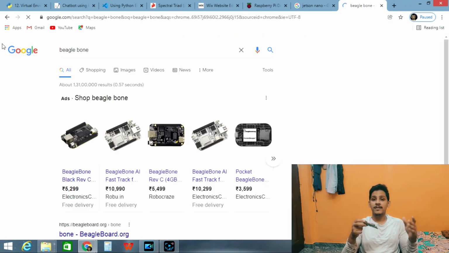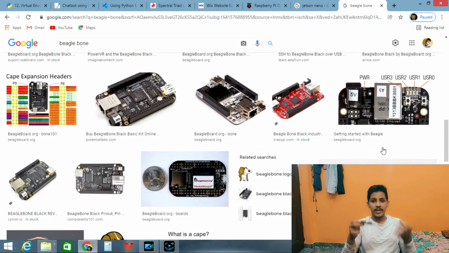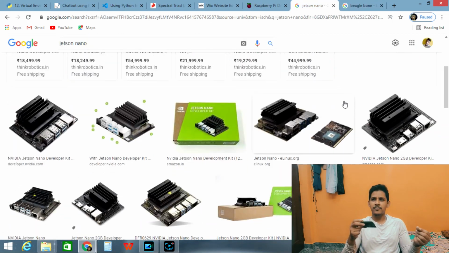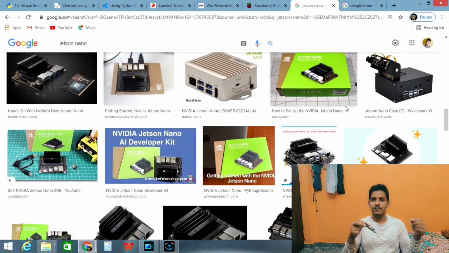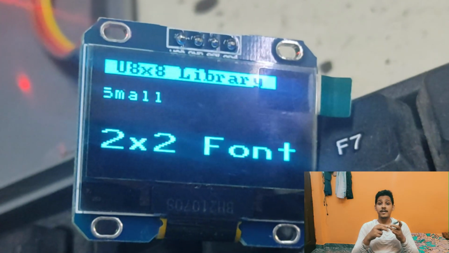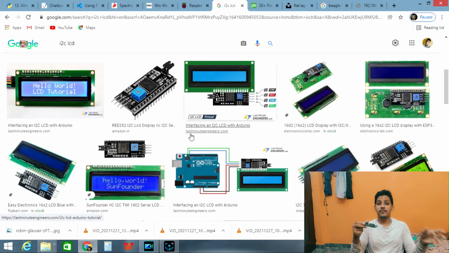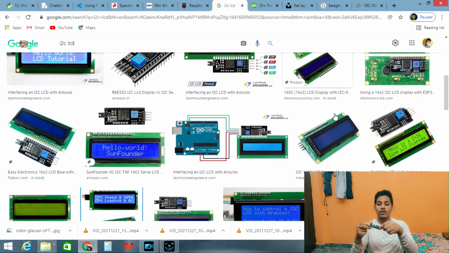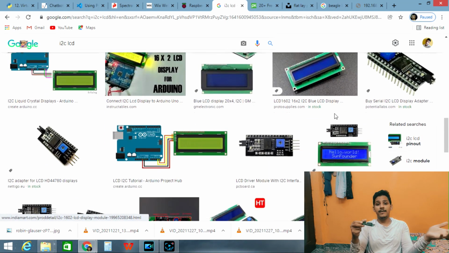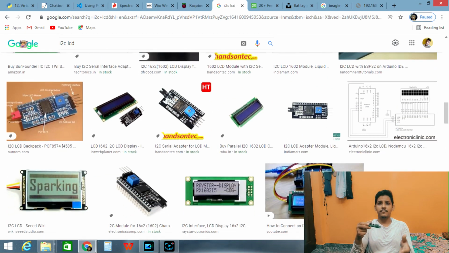And we have other platforms like BeagleBone, BeagleBone Black, BeagleBone AI and Jetson Nano and a few other platforms. And it also has I2C, SPI, using which you can interface various other sensors or peripherals. Means you can simply connect an I2C LCD instead of connecting all the data pins, RS, enable pins. You can just simply use I2C and connect up to hundreds of devices. Well, I2C supports up to 1023. It has a 10 bit address.